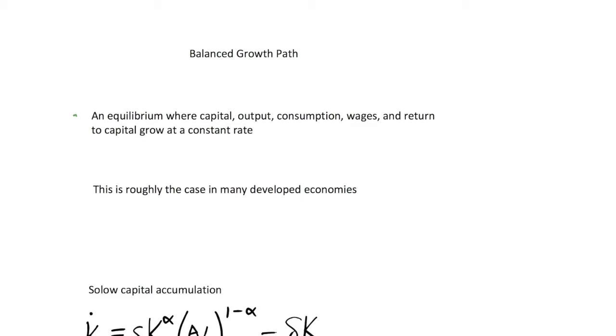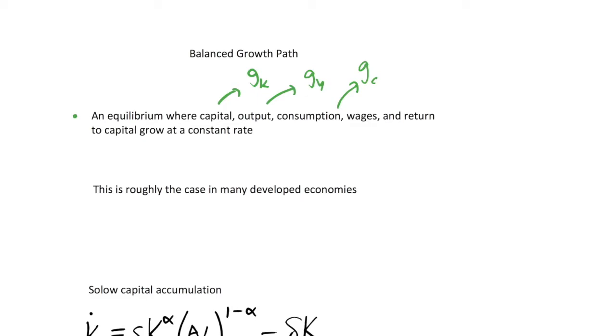Well, this is an equilibrium of the Solow model where we have capital, output, consumption, wages, and the return to capital all growing at a constant rate. So we can think of, and I'll use this notation, the growth rate of capital and the growth rate of output and so on, the growth rate of consumption. And so we're not talking about when these values themselves are constant, we're thinking about their growth rates all being